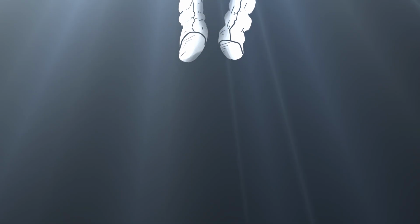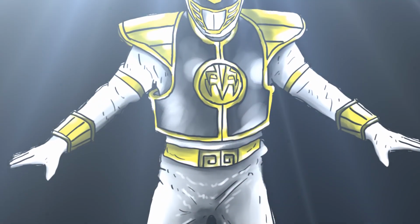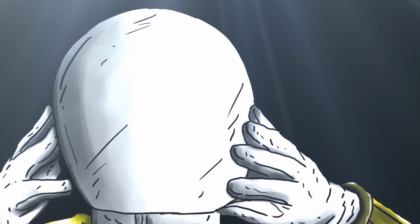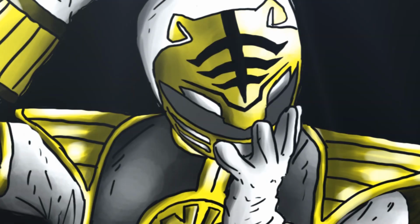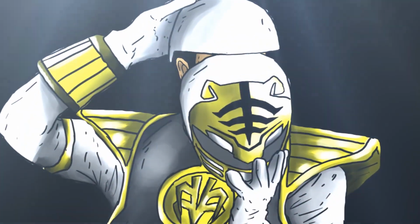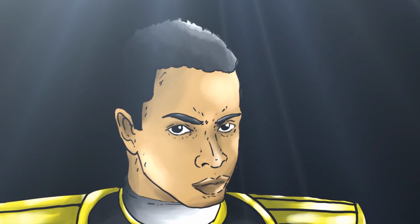This promises to be a momentous occasion. You are about to meet the newest member of your team. As you are aware, the Green Ranger's power was completely decimated by his last few battles. Alpha and I felt it was time to create an even more powerful Ranger to combat Lord Zed and his diabolical evil. To that end, a candidate was selected and a new Power Ranger was created. And now, my friends, I present to you...